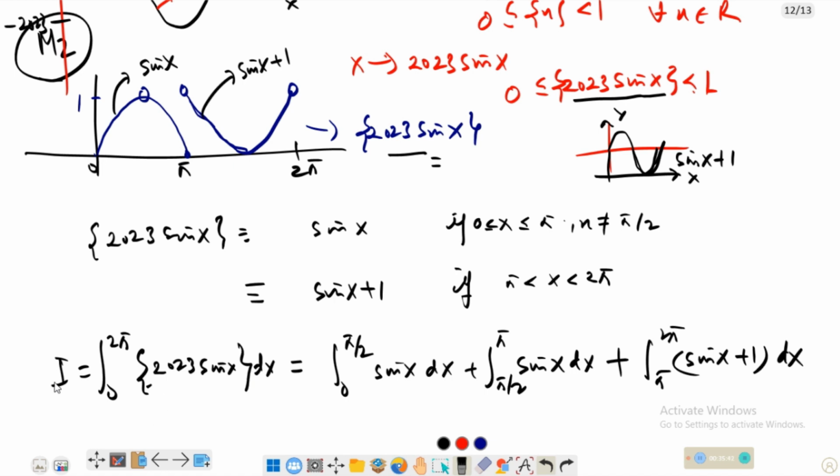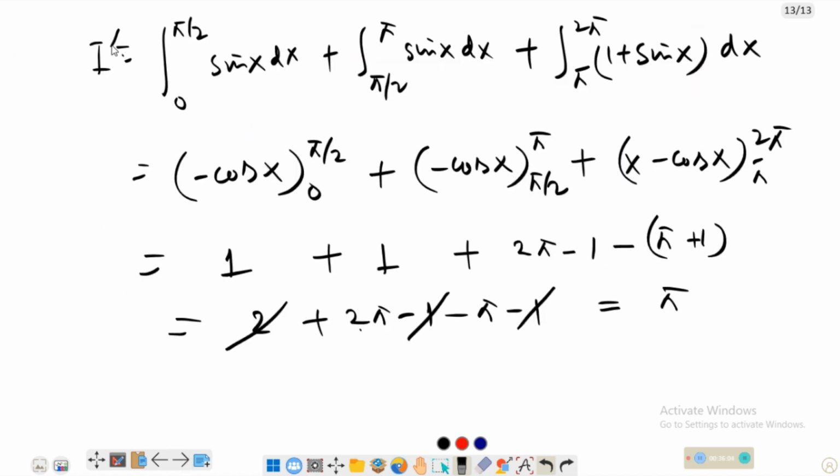Okay, so this integral, let us suppose this is I dash. I dash is equal to pi, which means the integral of the fractional part of 2023 sin x. So this is basically I dash, equal to pi. But my original integral is the greatest integer, and since the fractional part of x is equal to x minus the greatest integer of x,